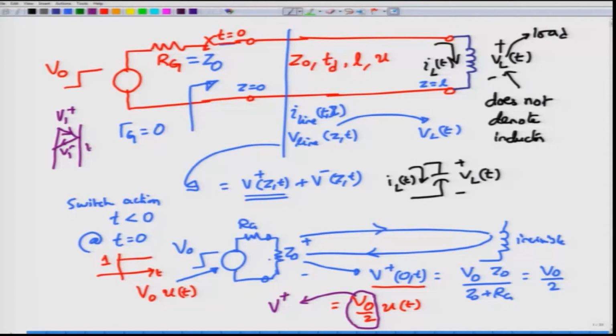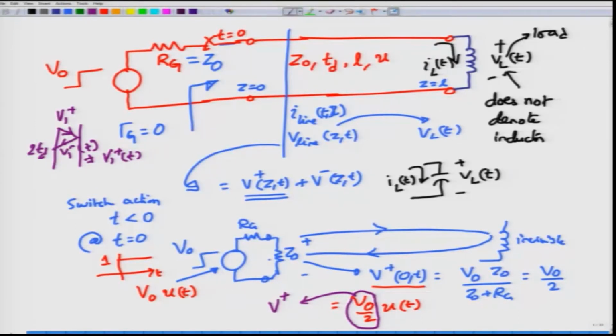However, V1 minus will in general not be equal to some constant times V1 plus of t, okay. So it won't be exactly of the same shape, just changed in the amplitude, whether it is positive or negative amplitude change. It will not be equal to the incident voltage, it will be different from the incident voltage. However, once it comes back at a time 2 times Td, this would be completely absorbed. There won't be further reflections from the generator end.